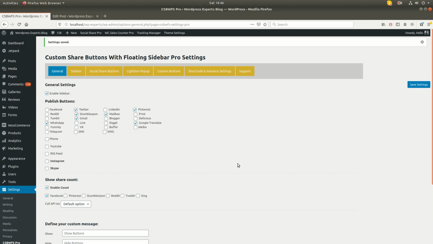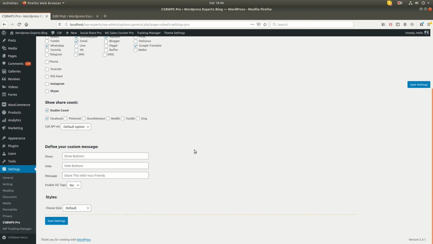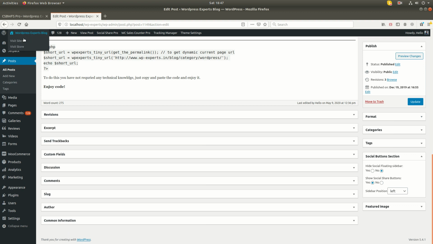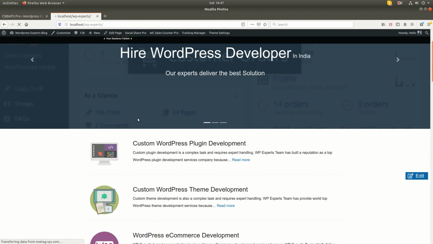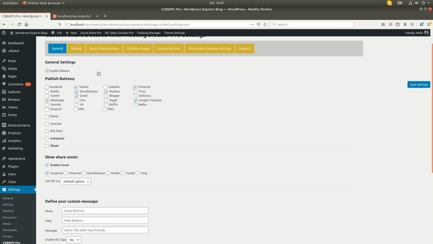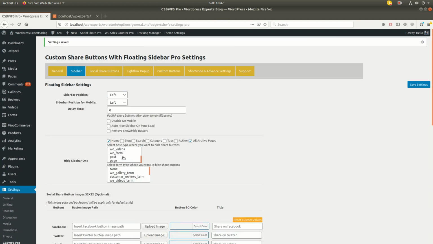Lastly, I missed explaining the custom style. You can use it if you don't want to use the official buttons on your website.